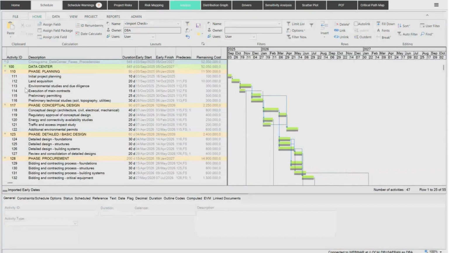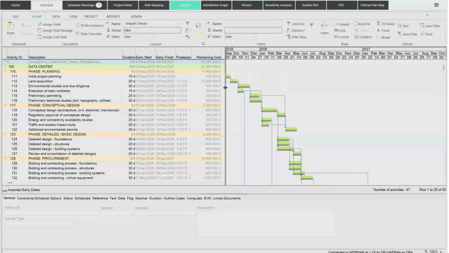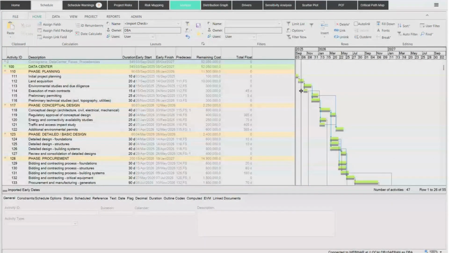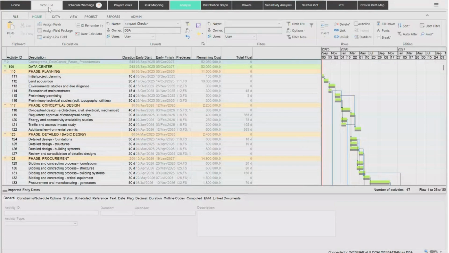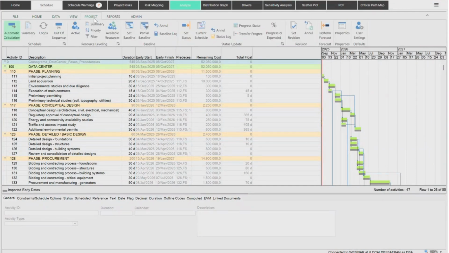So after we import your schedule, I would skip the topic of importation because it's pretty straightforward, okay? But what you get here once you import your schedule is a full scheduling tool that we can use to either understand or change your project, okay?